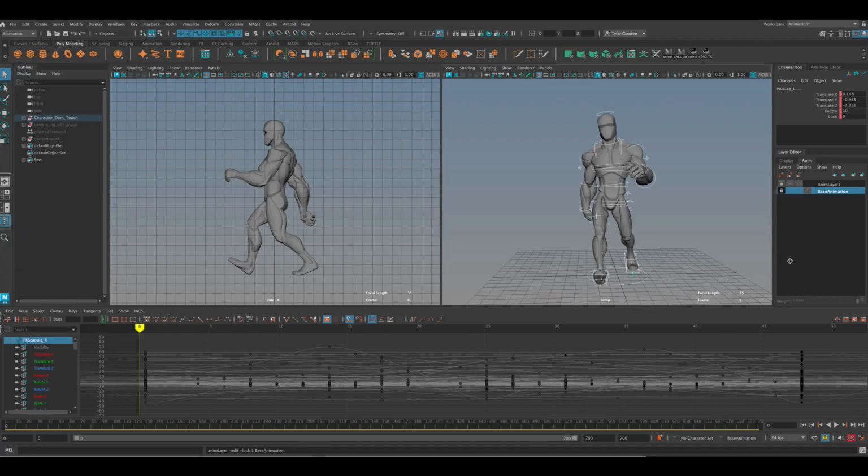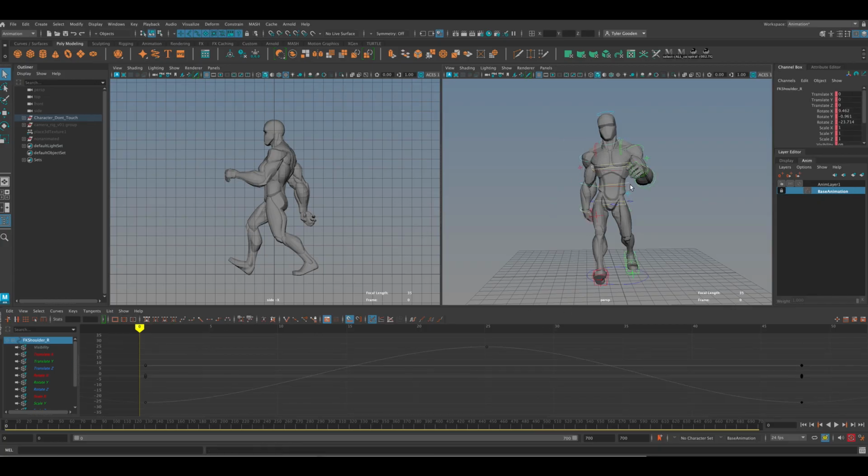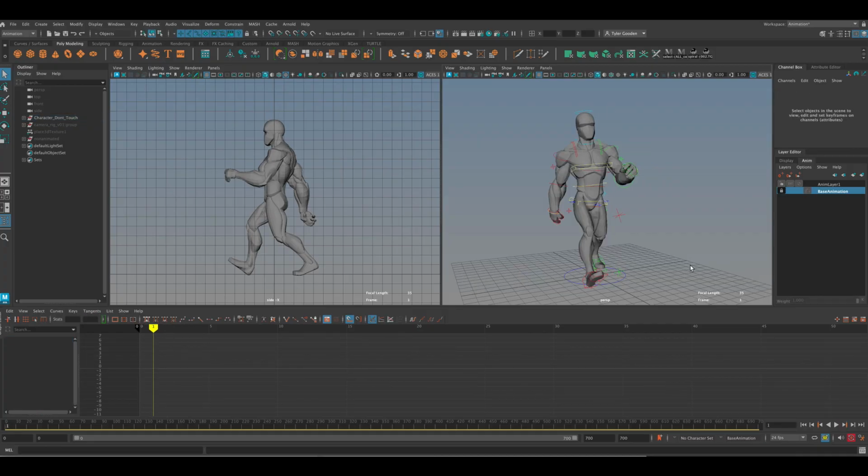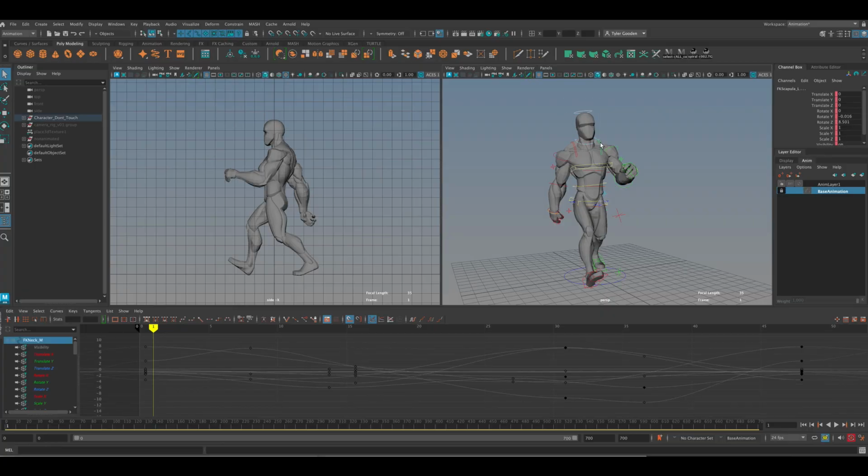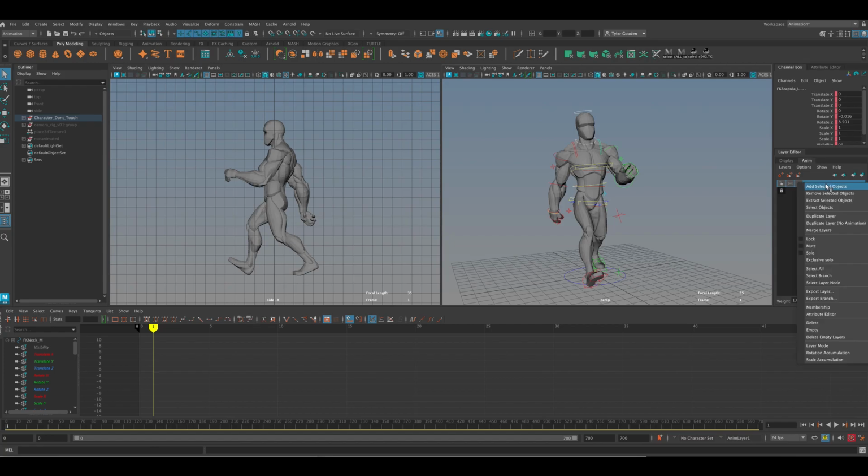So I want to lock that to begin working on my new animation layer. That means when I lock it, all of this is hidden. I can still select my controllers, but I can't do anything down here. It's locked. So the next step in our exercise will be to apply specific controllers to specific animation layers. For example, if I want to bend the head, I'm going to select both the head and the neck because I may want to work with both, because this is going to be about the head turn. I will just select those controllers, make sure I'm on the correct animation layer,